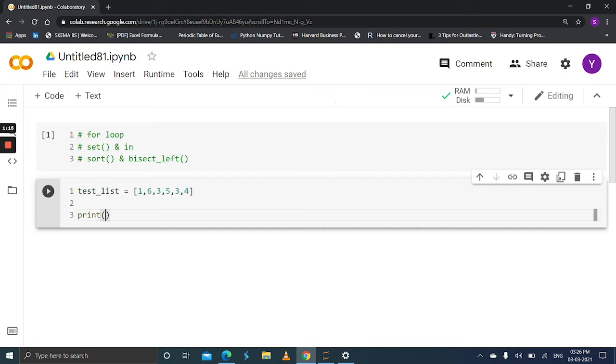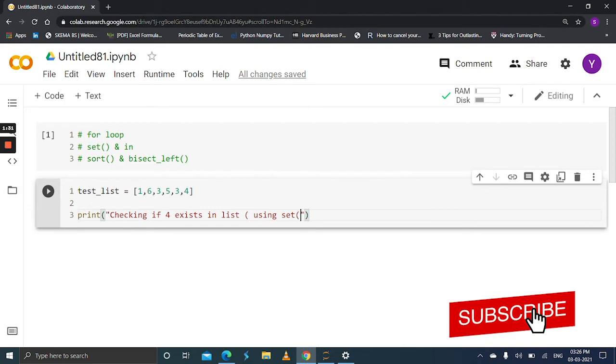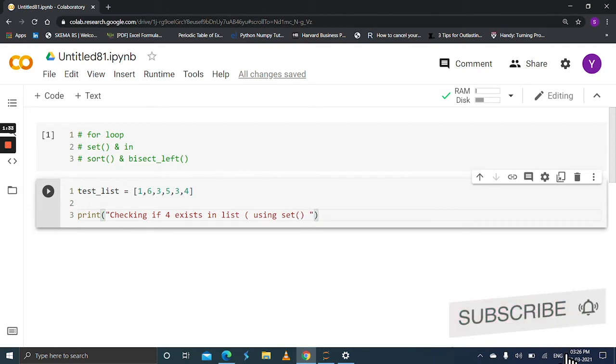Print, checking if 4 exists in list using set function and in operator.